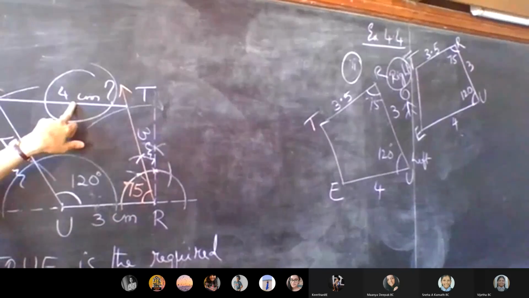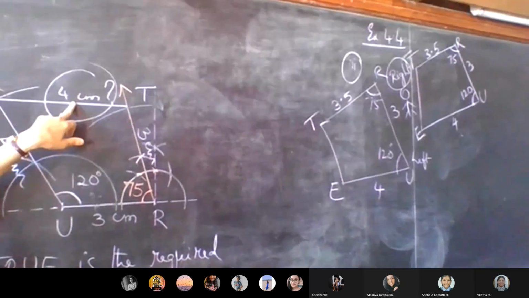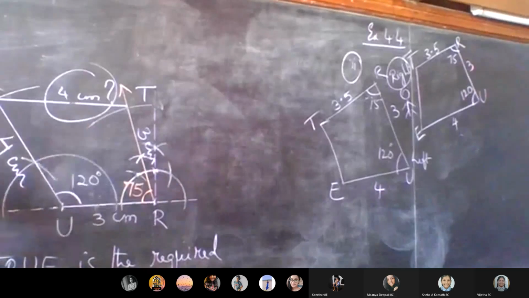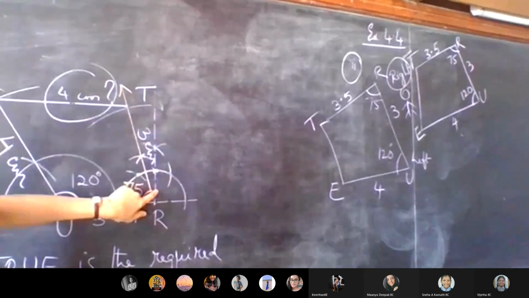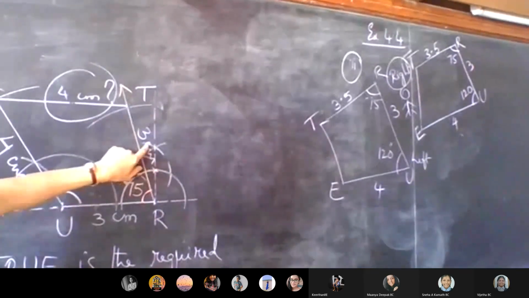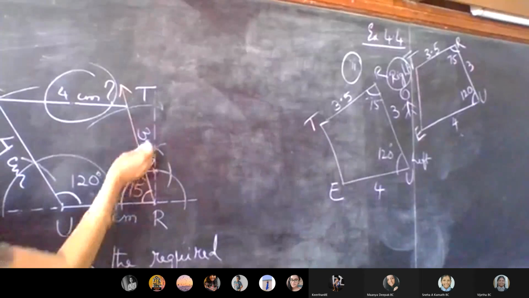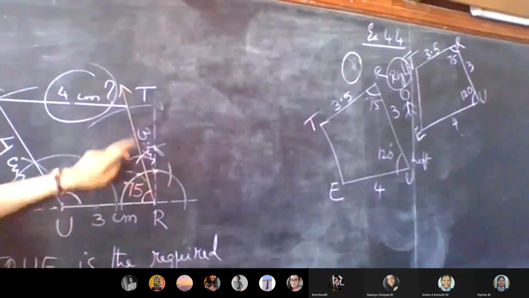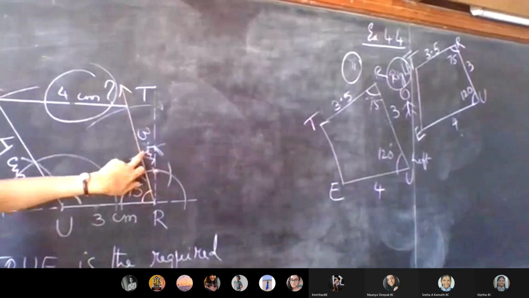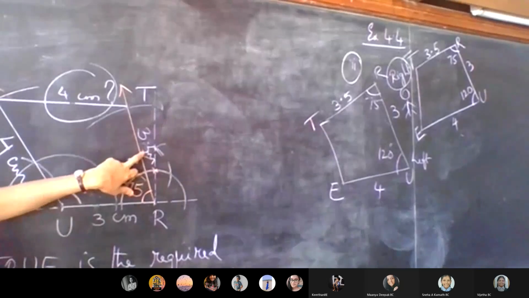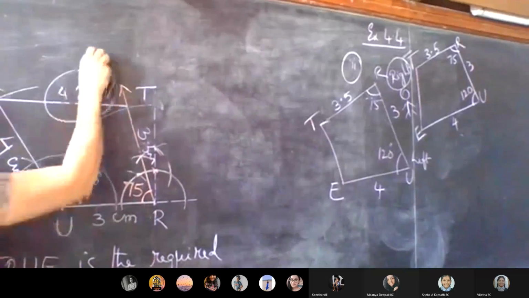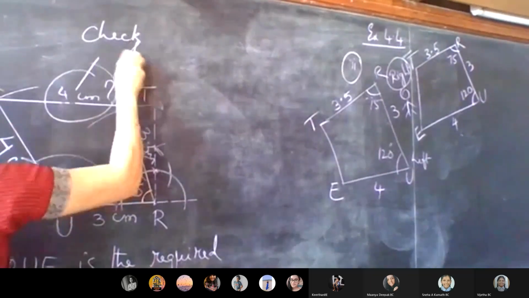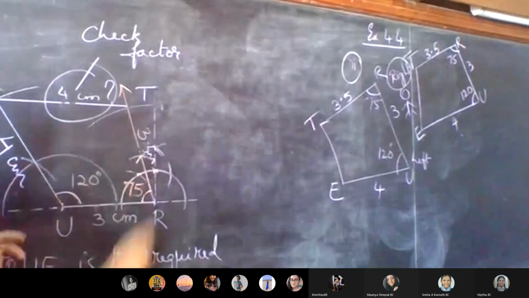This also comes 4 centimeter, I said. Which one is 5 dear? T and R. Okay. This is 3.5. I measured correctly. Wrote wrongly. From R, T, 3.5. Please correct it. Yes. Thank you. This is 3.5. This is 4. This comes 4. This is the check factor. So I will upload